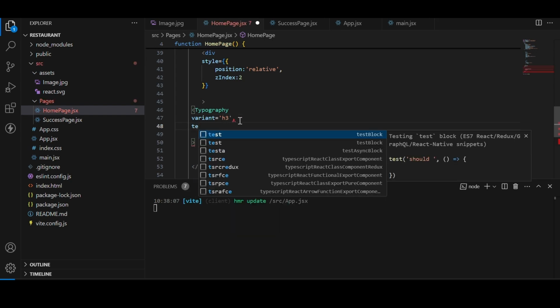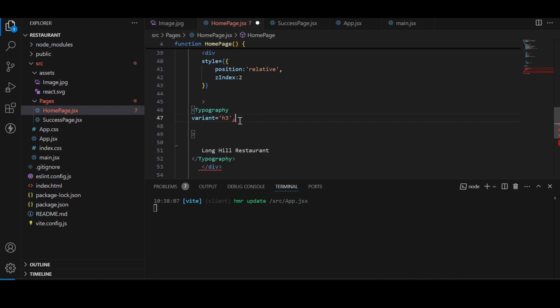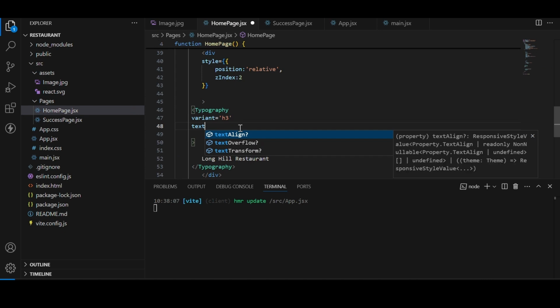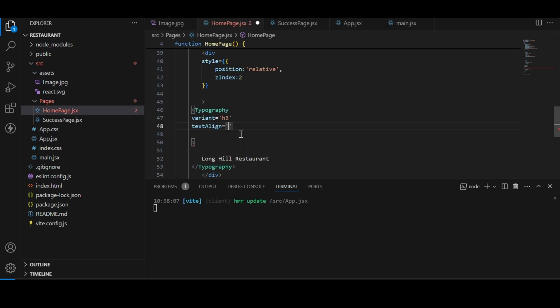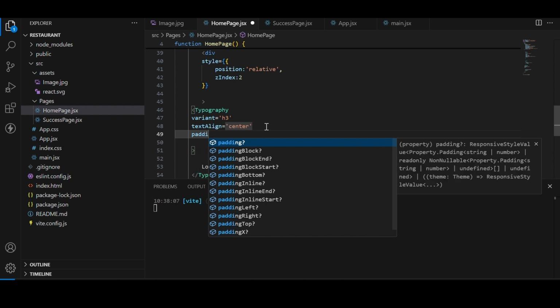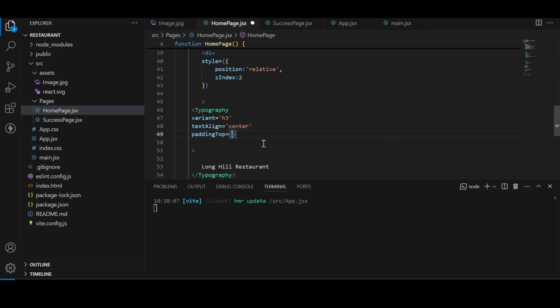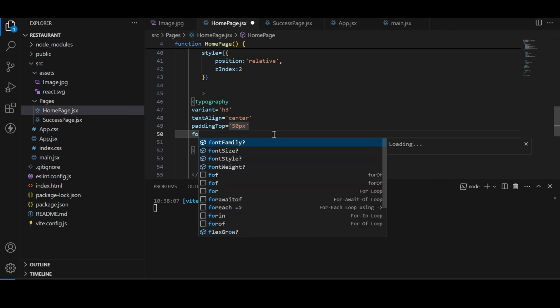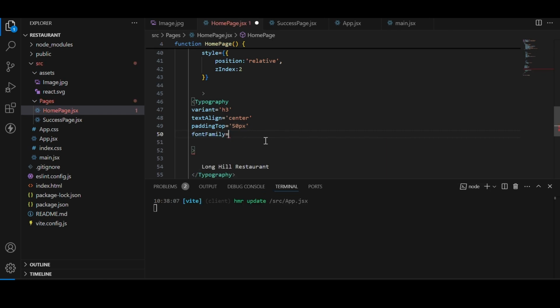The text, oh sorry, I have to remember the text align will be center. The padding top will be 50 pixels. Let's see why I make this mistake all the time. And the font family will be monospace. Okay, so let's just save this